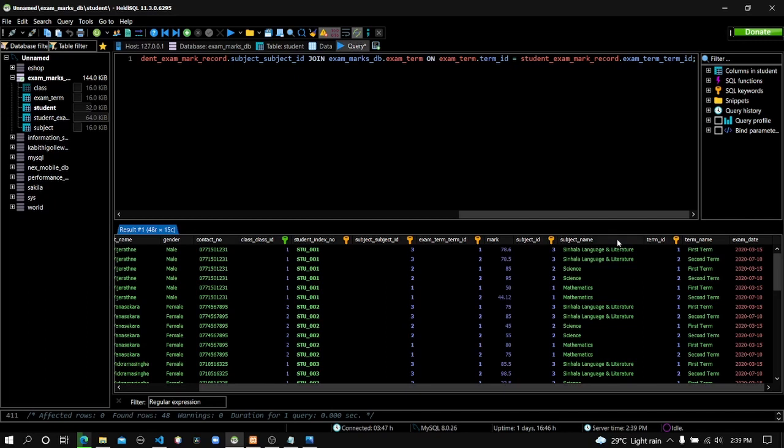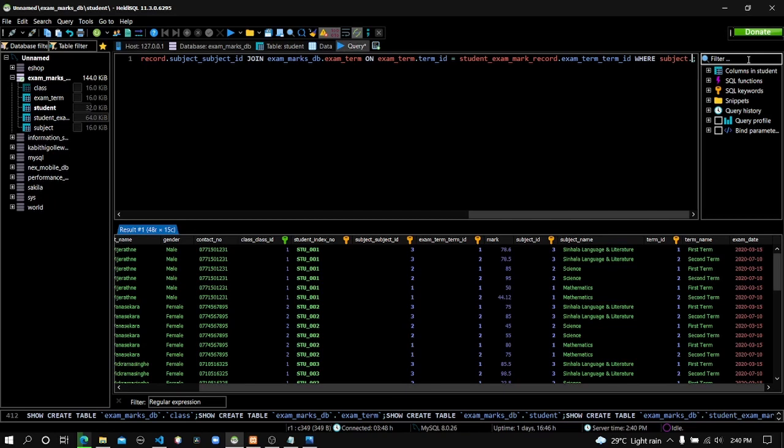Now we can write our condition to this table, because these four tables are now working as a single table. So now we can write a single condition to this query, where I need the details only belonging to the Sinhala language in the subject table. So I am mentioning the table name first, subject, and here's the attribute, subject name, equal to